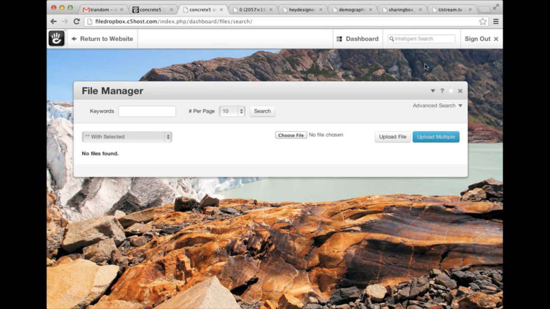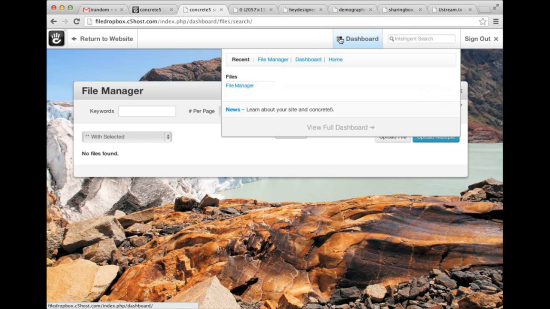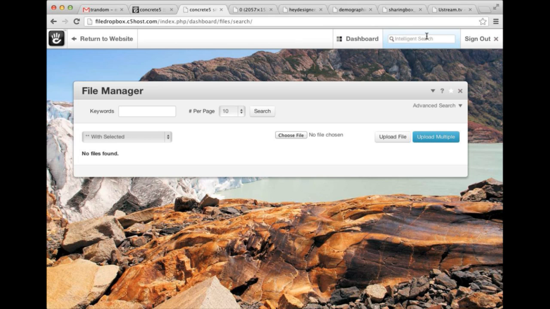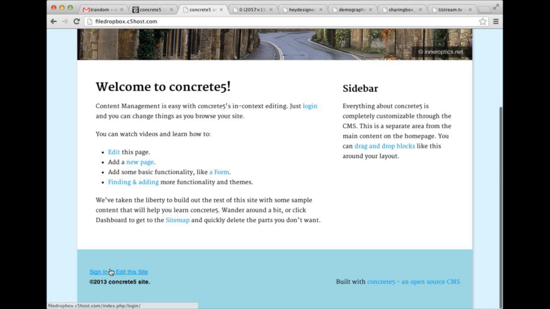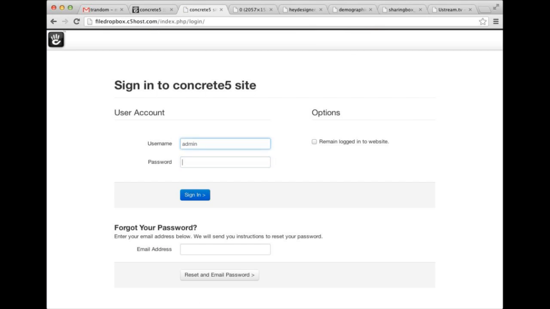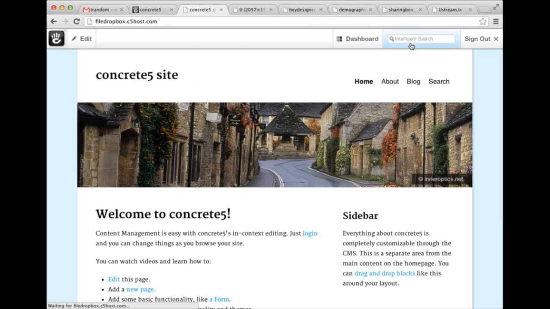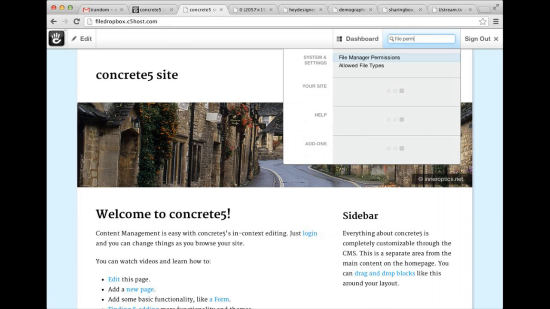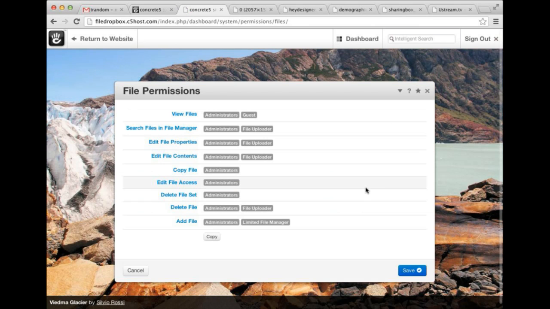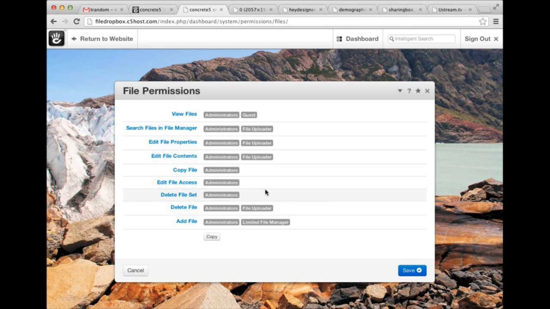Yep. So you find the file manager task permissions through intelligent search. You make it so the group that you've made can add files at all. That's just that add file permission. You have to turn that one on. Otherwise they can't add anything. And once they've done that, then you can limit what they can see. Since those permissions are so granular, you can limit searching, editing, edit file contents, all that to just the files that you have uploaded by using the access entity file uploader. And you just got to make sure they can actually get to it in the dashboard with its own permissions,